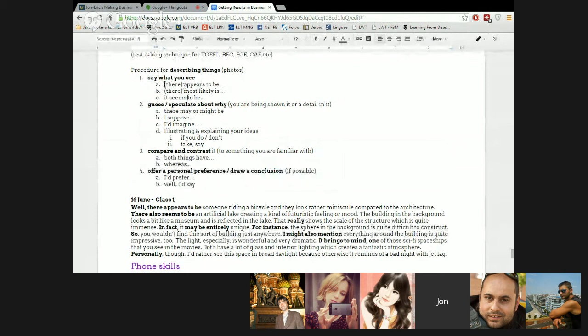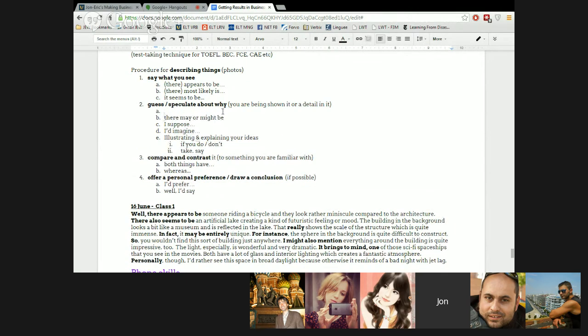There appears to be, there most likely is, seems to be, when guessing or speculating about why. Now I can always add an and word, like also, or I might point out, or I should say. I can always add those. But I'm speculating, so I want to use maybe, might be, suppose, imagine. And look what else I said here. I said what it has to do with, and then you say the theme. What it has to do with decision making is,